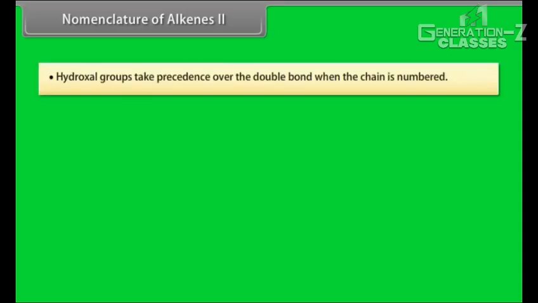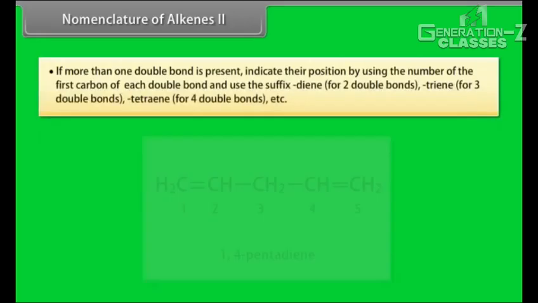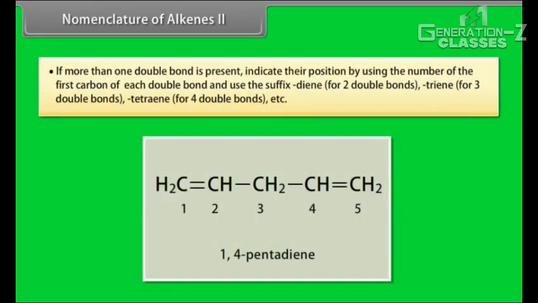Nomenclature of alkenes, Part 2. Step 7. Hydroxyl groups take precedence over the double bond when the chain is numbered. This compound is 2-methyl-3-buten-1-ol. Step 8. If more than one double bond is present, indicate their position by using the number of